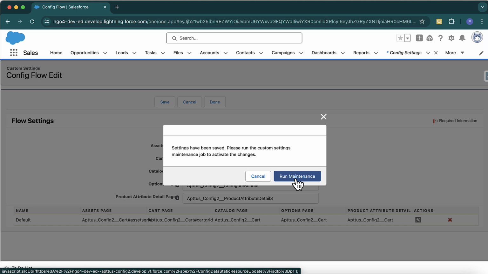Okay, already we know that the CONGA flows, they are quite slow. Mostly if you have worked on the CONGA packages, you would have seen that it takes time to load the catalog page. When you click on configure product button, we will see it later, but it takes a little time to load up. So all that performance improvement, there is a design change done by CONGA where they are running the maintenance